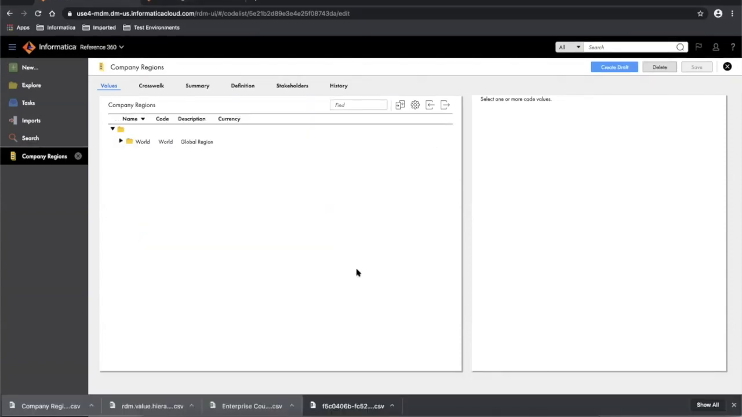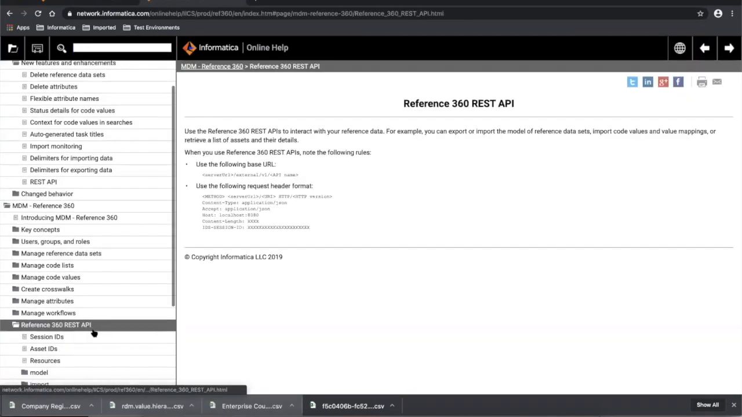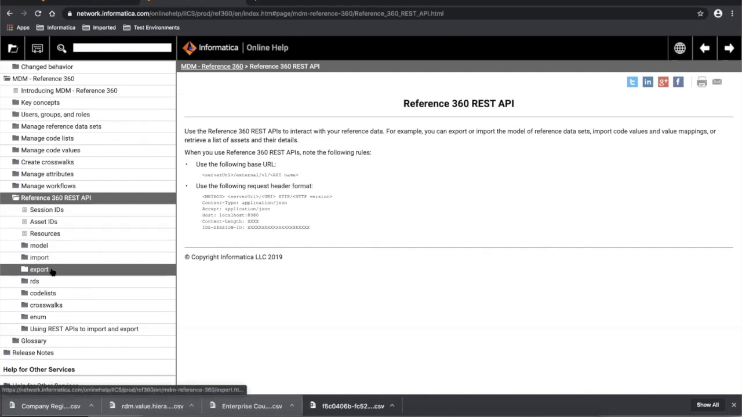So with this, I will share some more information on the REST APIs that we have. First of all, I will go to the documentation on our website. We have REST APIs that allow you to import and export models in Reference 360, to import and export data, both code values as well as crosswalk mappings,